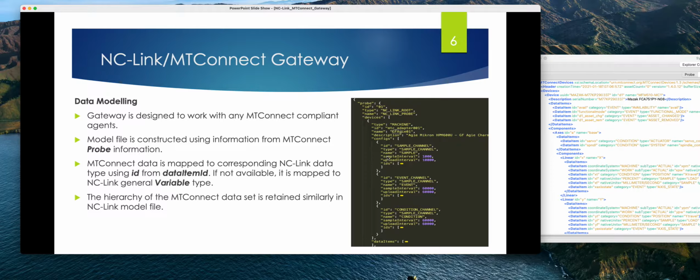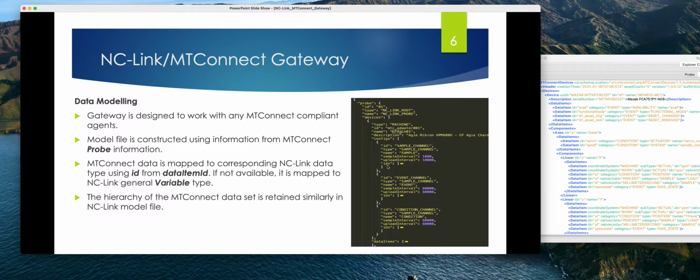The way the sample topics work is it has two key parameters at least: the sample interval and the upload interval. Sample interval is how often you collect the data from the device. Upload interval is once you collect all the samples, how often you upload it to the agent or to the application. And then you have a bunch of IDs that describe what data is collected from this channel.